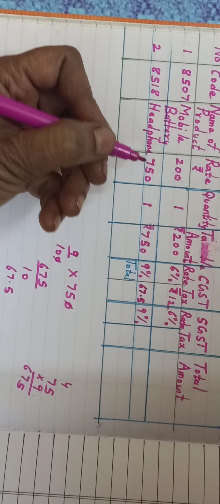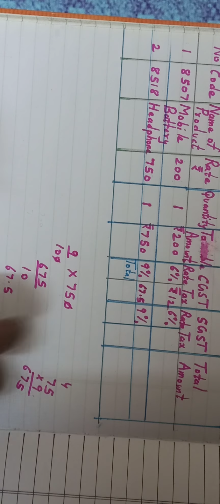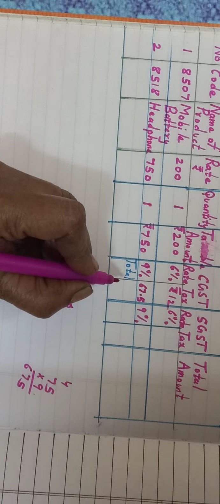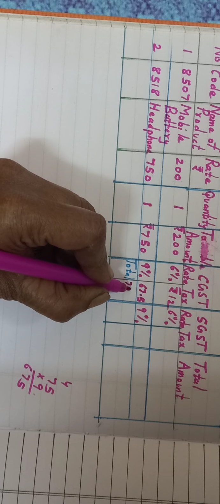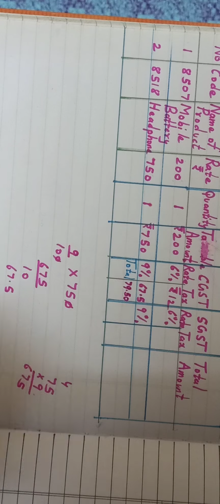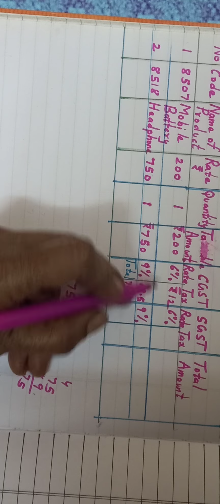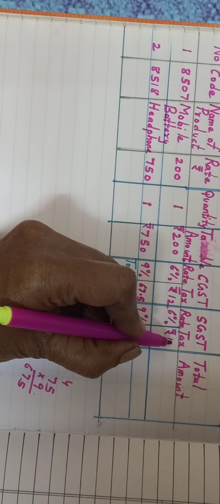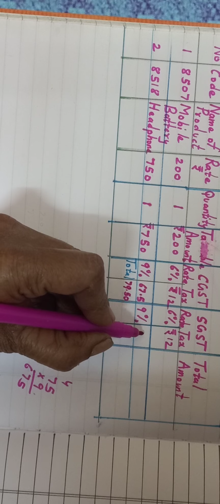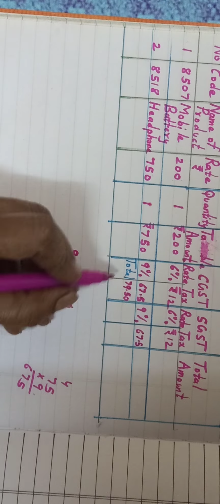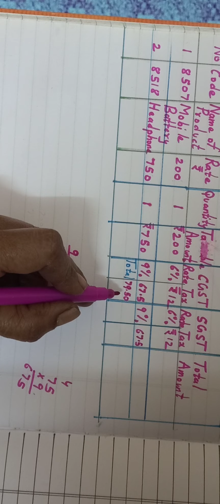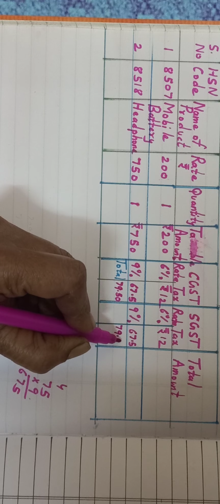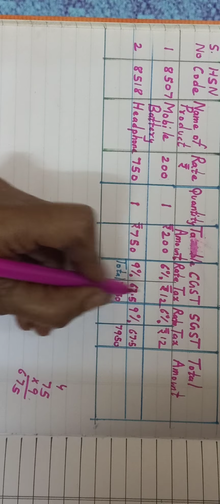67.5. Okay, now total of these two we will do. I wrote here total, this and this. Total of these two will be 79.50. And here, see, whatever is CGST same is SGST. Now you have to just copy it down. This will be rupees 12 and here also this will be 67.5. So this is 79.50. So this is also 79.50. This total, these two and these two.